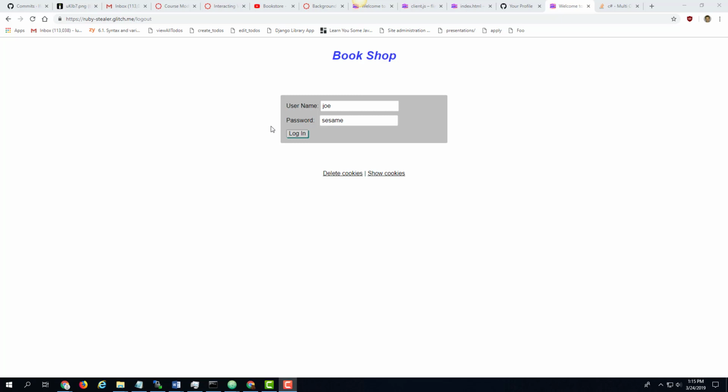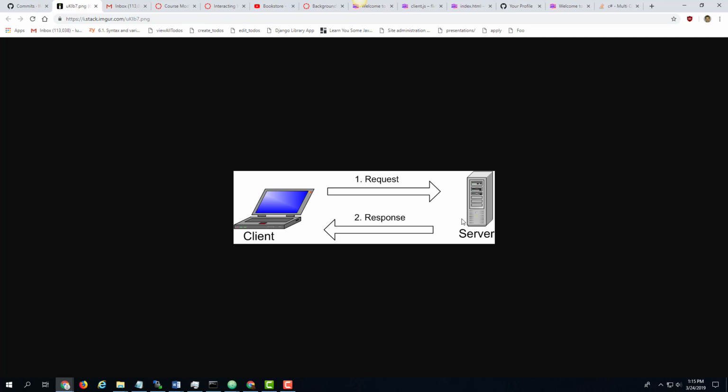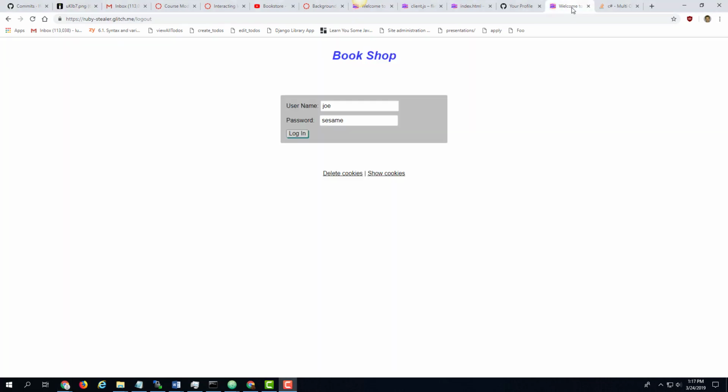coding the front end. And what's involved in coding the front end is working in a JavaScript file to build some JavaScript that allows little pieces of data to be requested from the server, and then sent back to the client. And when they're sent back to the client, you then use those little pieces of data that are sent by the server to display them correctly in the web page. So we can actually see this at work